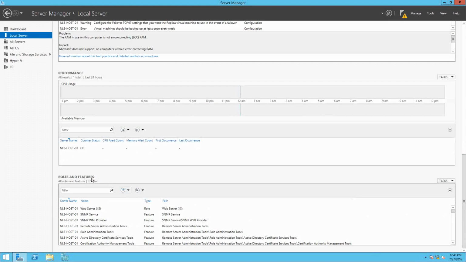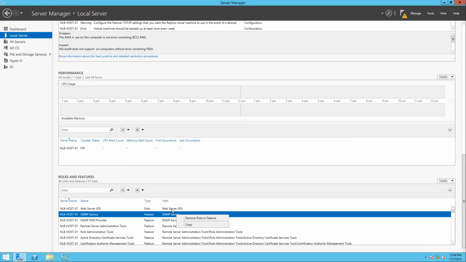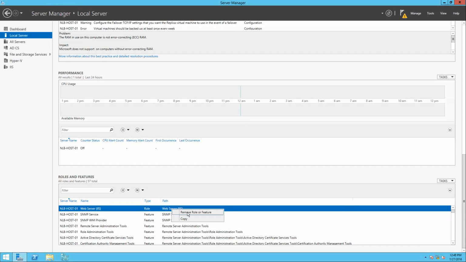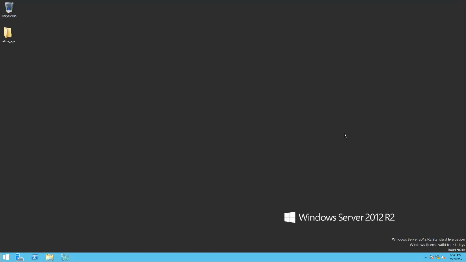And of course, on the bottom right you will see a window with the roles and features that are currently installed on the server. If you right click on it, you can remove the role or feature if you want, or if you click on Tasks, you will be able to add roles and features. So I'm going to close this and move on to the Performance Monitor, which is a really detailed